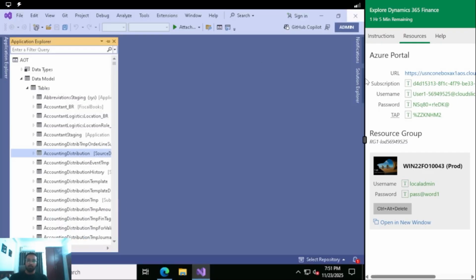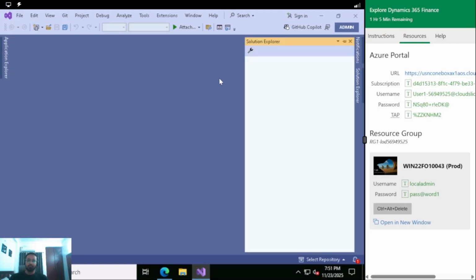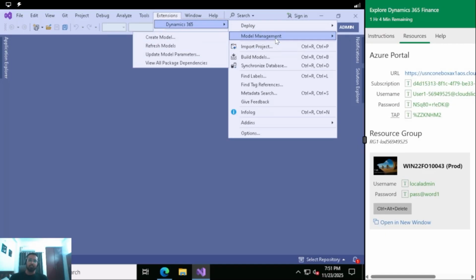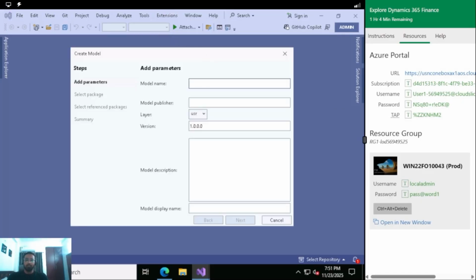Okay, so since you have got a VM, and this was a very easy task, now let's create a model. So how to create a new model? You can follow this path and create a new model. In this model, you can give any name as per your organization or as per your test, like whatever project you're working on. So since I'm working on this particular project,